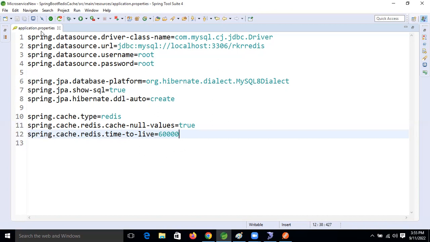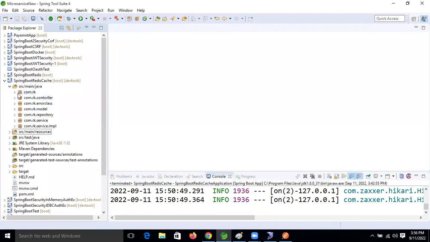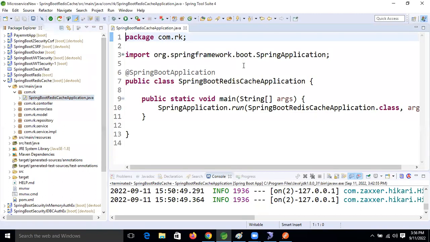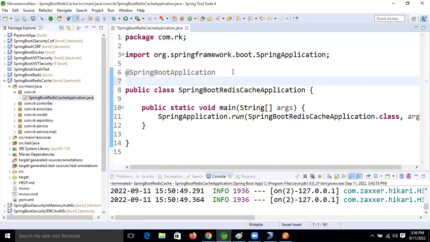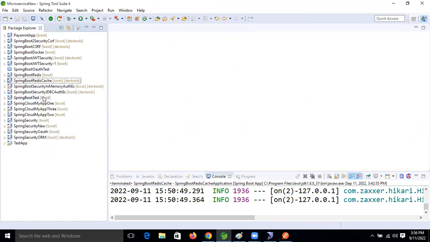So now every cache property is ready. Next, what will we do now? Open the main class, and on top of this main class, what will we apply now? At the rate enable caching. Okay, next what will we do now? Open our